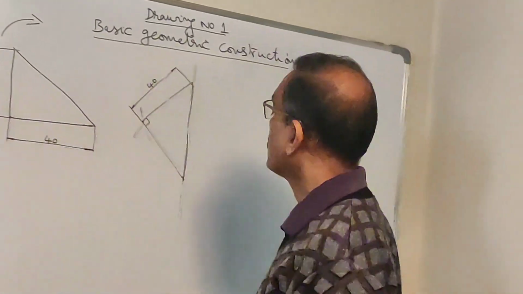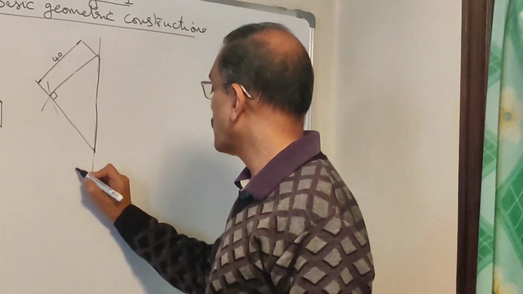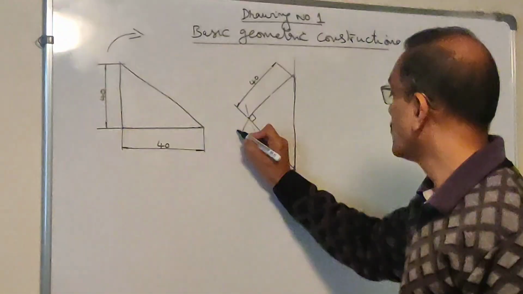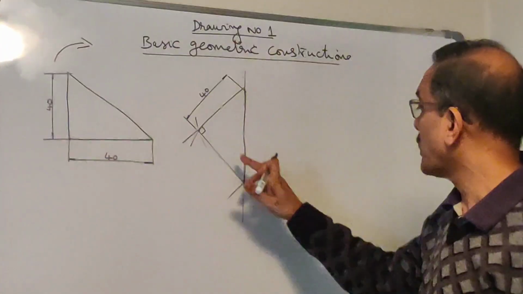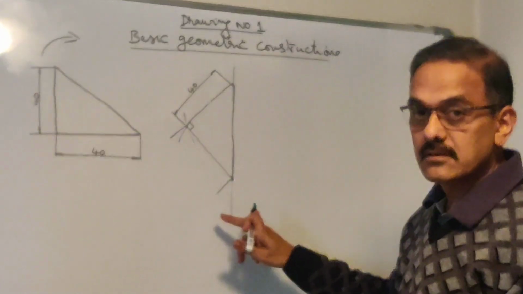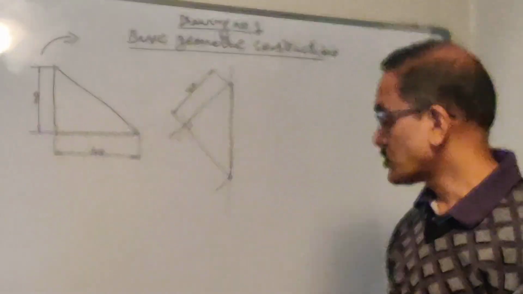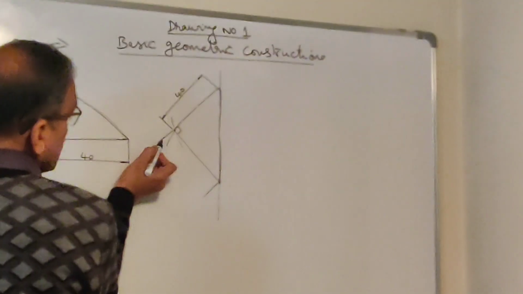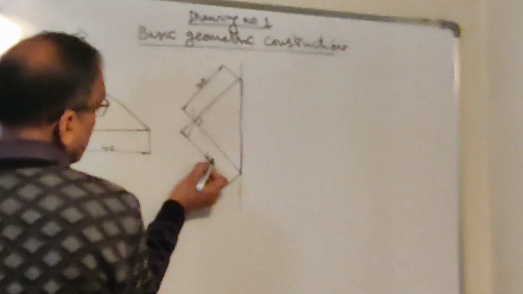This is 40. Similarly here, you choose the two tips of the line. At each tip you are going to draw perpendiculars to the main line using your protractor. Mark 90 degrees at this point and also at this point. Then you draw extension lines. Extension lines will be perpendicular to the main line, and then draw the dimension line parallel to the main line. Make sure the dimension line is drawn parallel to the main line, and you can write 40 here.